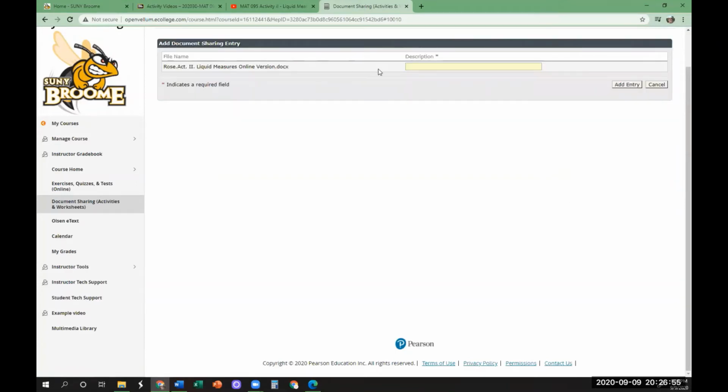Add document sharing entry. Description, you can put whatever you want there. I'm going to put my name again. Okay, make it nice. Not anything inappropriate. But that's just if you want to add something else. So now I'm going to add entry. You are not done